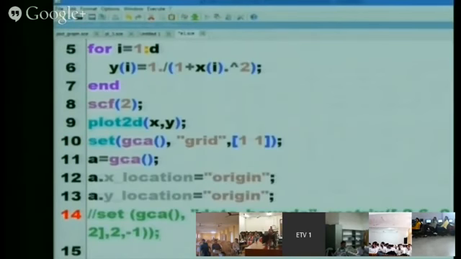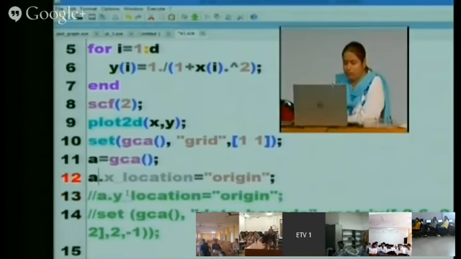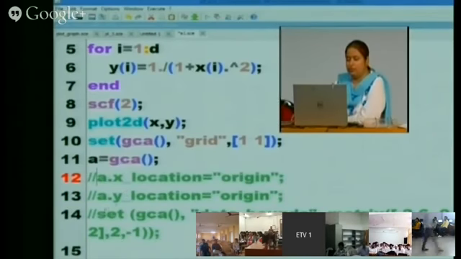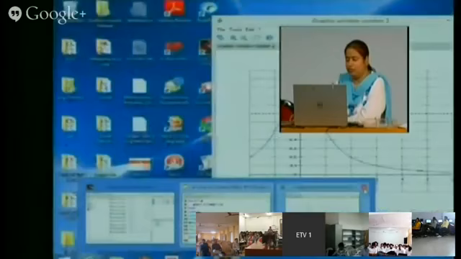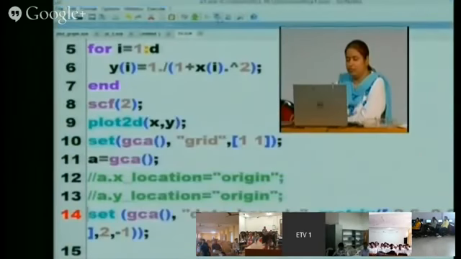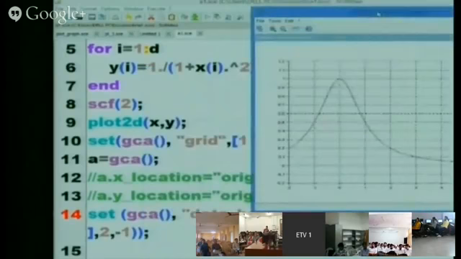Now see, where is the origin now? Earlier, when you did A dot X location equal to origin, A dot Y location equal to origin, the lines you plotted for the X axis and Y axis, where were they crossing? From the origin.